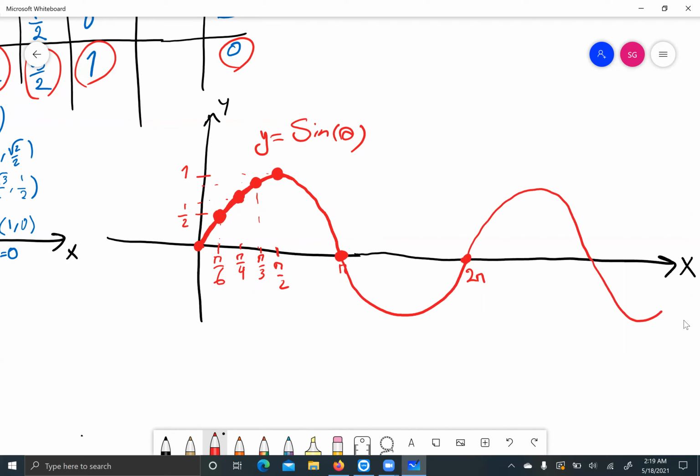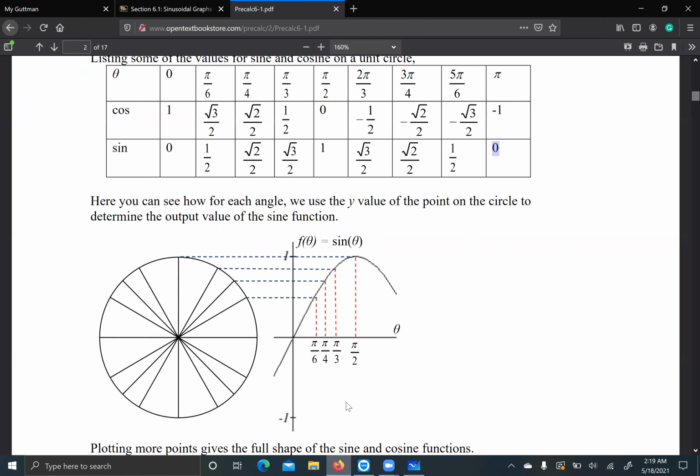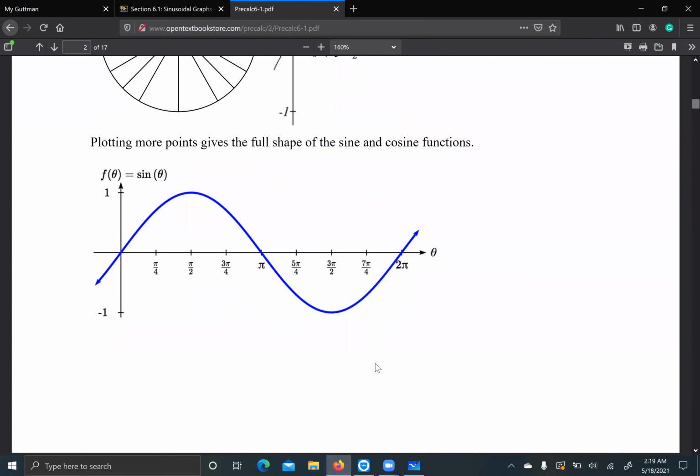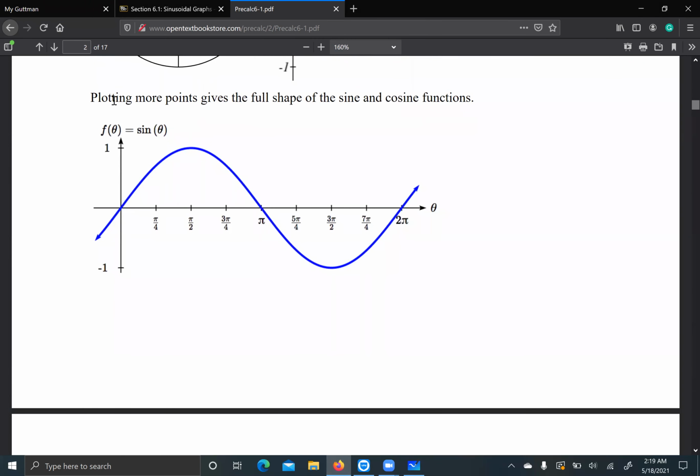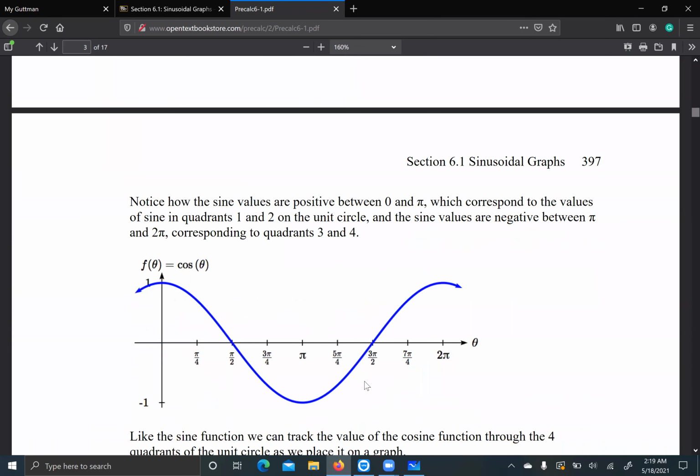And then this again. So this is going to be 3 pi. This is going to be 4 pi, and so on. And also it goes the other way as well. Okay. So the graph of sine function is like this, and also in your textbook it suggests that by plotting more points we can give a full shape of the sine function. This is the graph of sine, and if you repeat the same strategy,